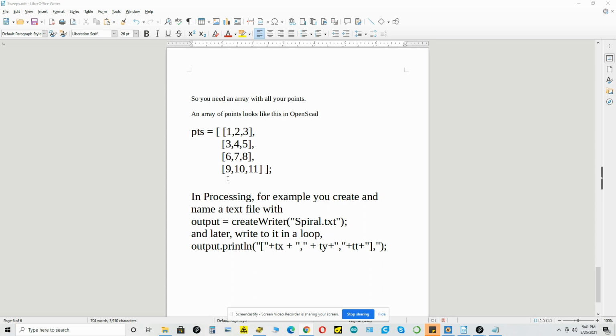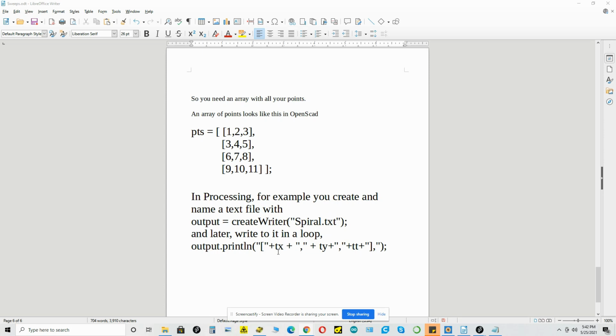So kind of in the same way we did before to create a CSV file, in whatever program we're using to generate the points, we output the data to a text file. Before we called it .csv. Here we can call it .txt. It doesn't really matter. It's not a CSV file. So, you create this file,